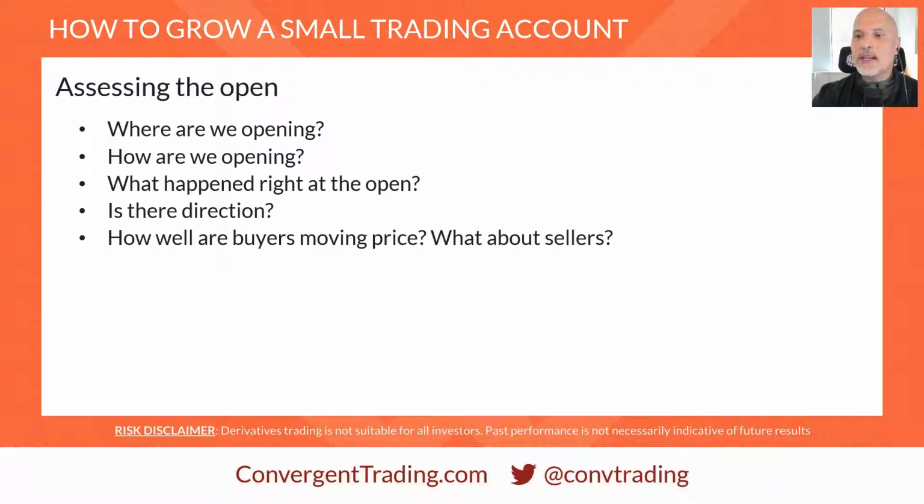We're going to talk about is there a direction today? Definitely very strong bias, a positive bias. How well are buyers moving price? Pretty well. What about sellers? Is it balanced? Does it have a tail? Did it push away from the open and is sitting sideways? Or is it a positive tail? Is it a buying tail? Is it a selling tail? Did we trade a lot and then we're forming a tail at the closing part of the session, which means something completely different? But on the open, this is our first chance to see how all the homework we did